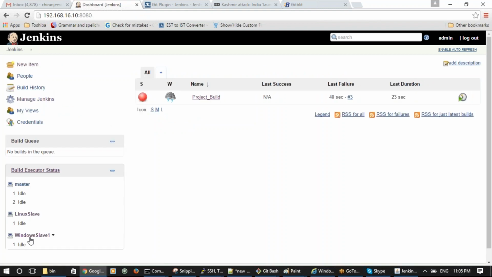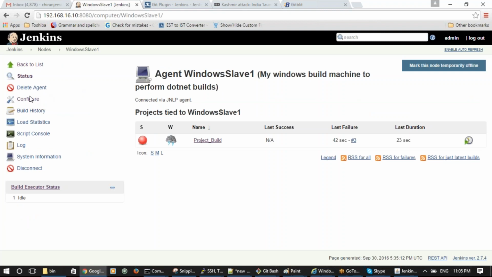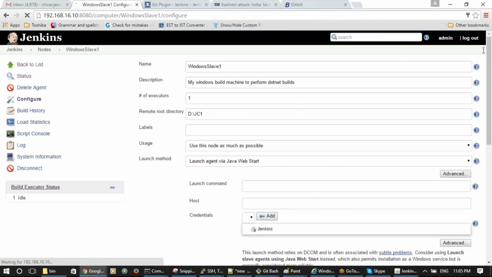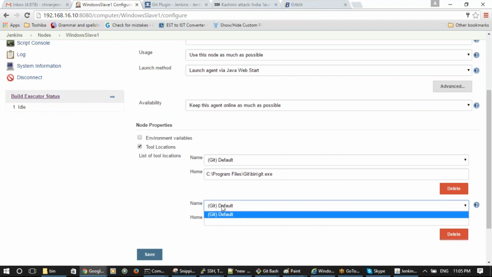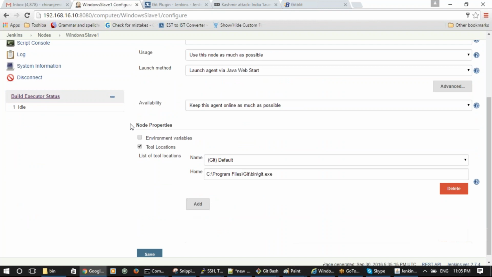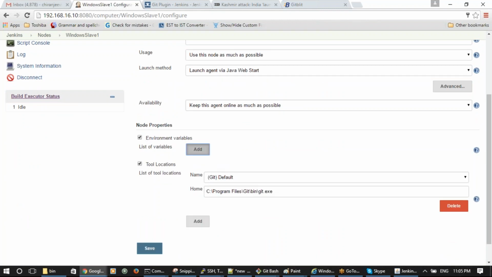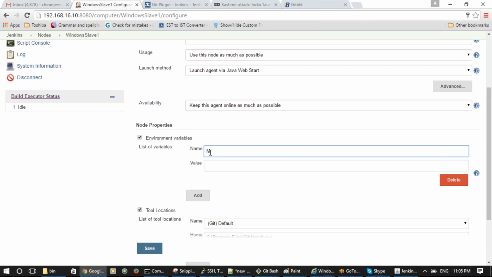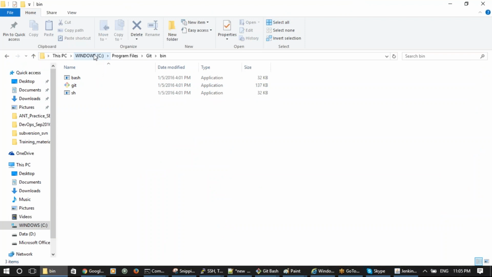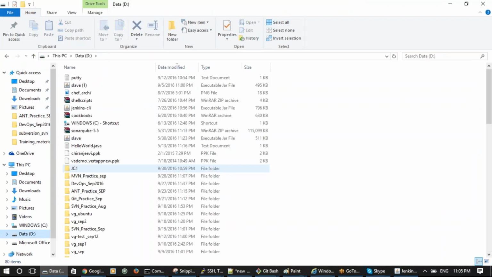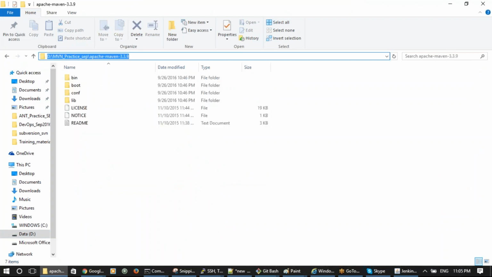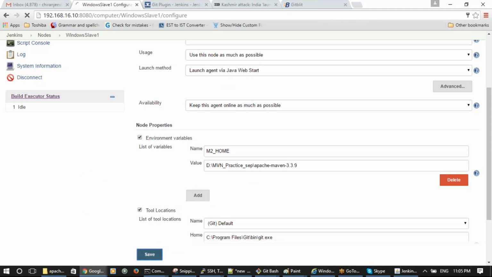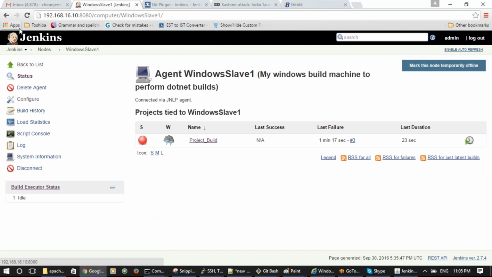So go to your slave. Everything you have to define in the slave. Check it out. Okay, Maven is not there. Environment variables and M2_HOME. You just define the environment variable, Maven practice. This home location you just define for right now. And once that is done,